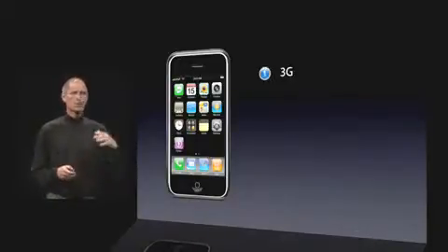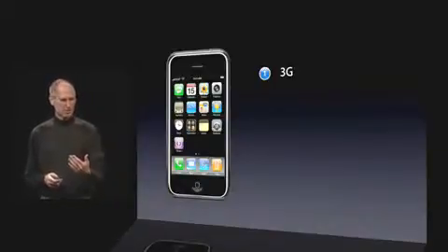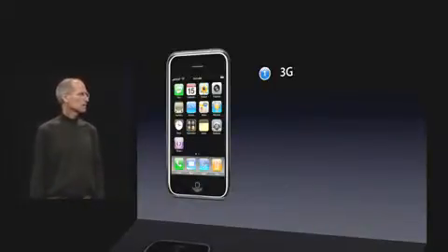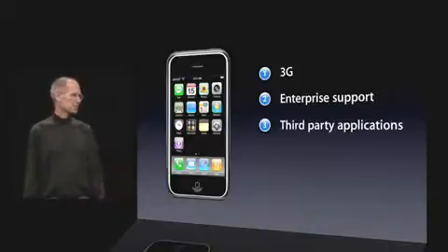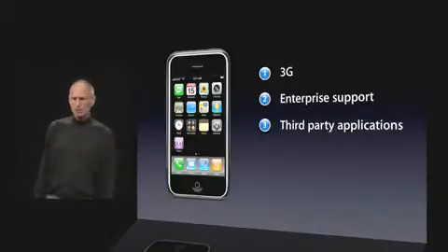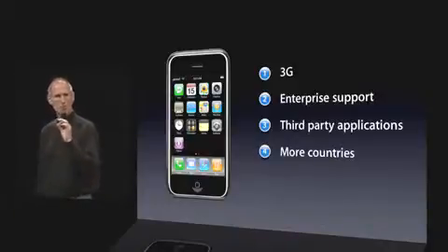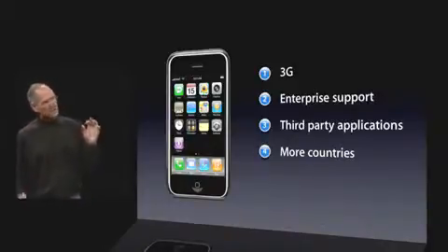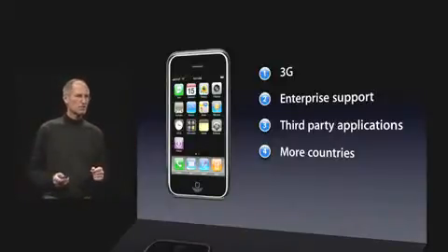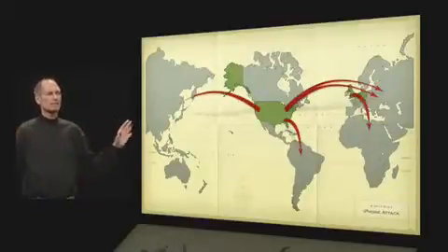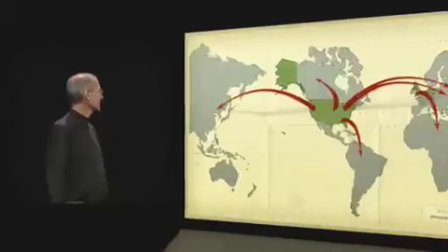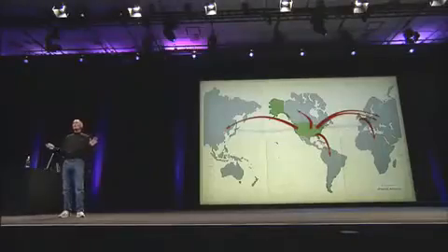First of all, 3G networking, faster networking. Second of all, enterprise support, as we've heard. Third, third-party application support. Fourth, we need to sell iPhone in more countries. How do we know this? Well, we've sold iPhone in 6 countries so far, but believe me, they're in use in many more countries. They are in use all over the world. And so it's clear there is a